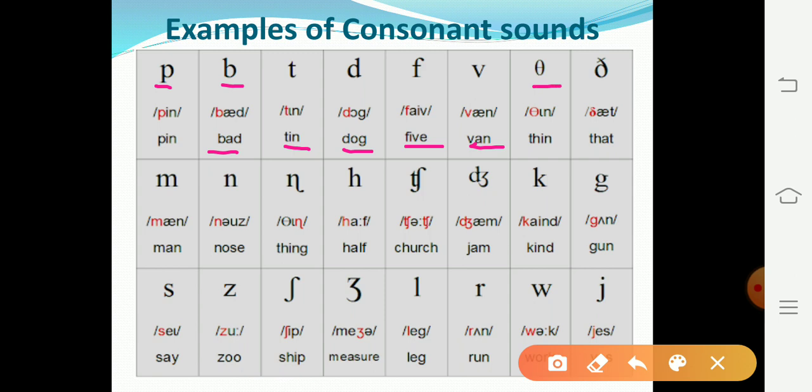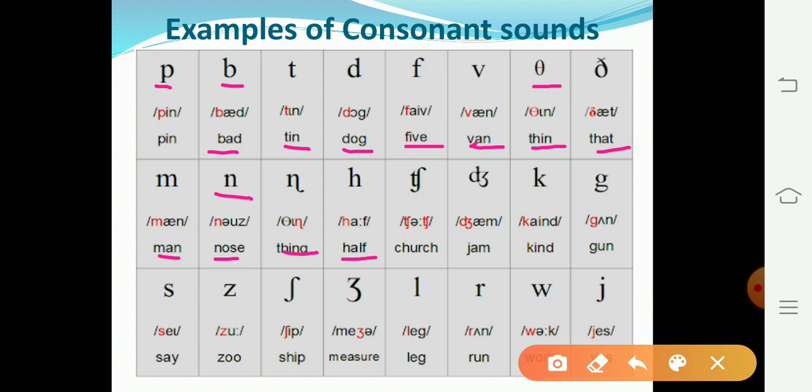as in the word thin. The next sound is the voiced th, as in the word that. The next sound is M, as in the word man. The next sound is N, as in the word nose. The next sound is the ng sound, as in the word thing. Then the glottal